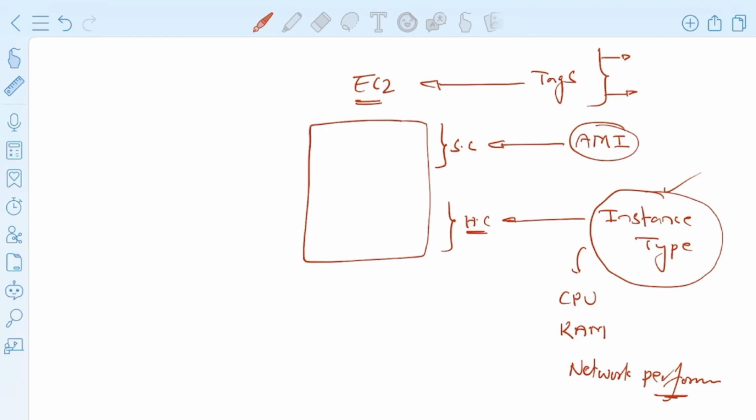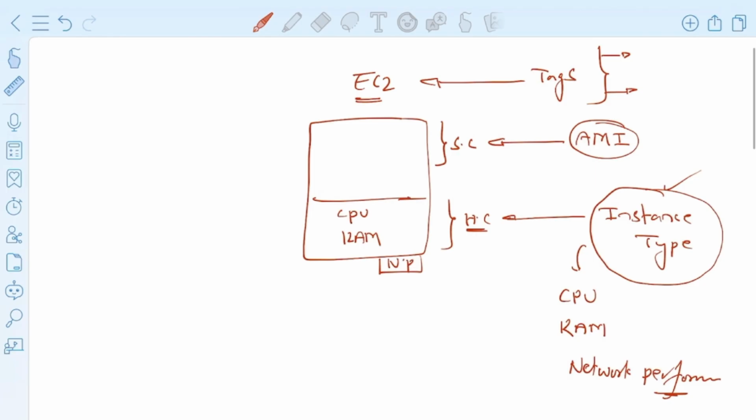It means using this instance type, we're going to decide our EC2 instance's processing unit and memory. Along with this, the networking performance and the available or supported hard disk. These things we will come to know with this instance type. Fine. So it is just like providing the hardware configuration to our EC2 instances. Whatever requirements you select from here, AWS will allocate this hardware configuration